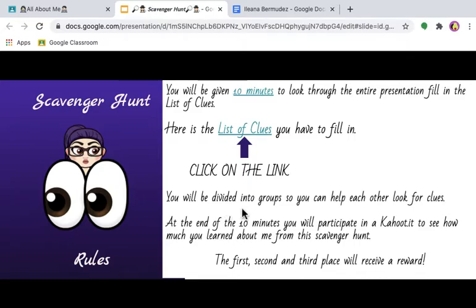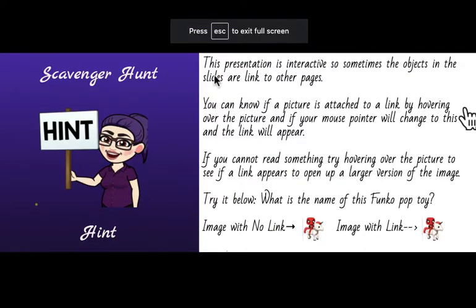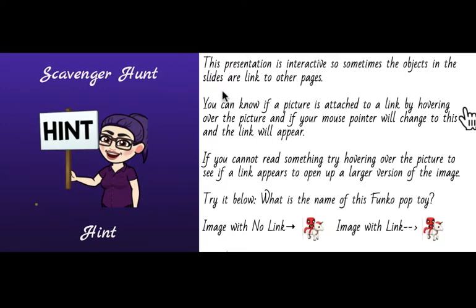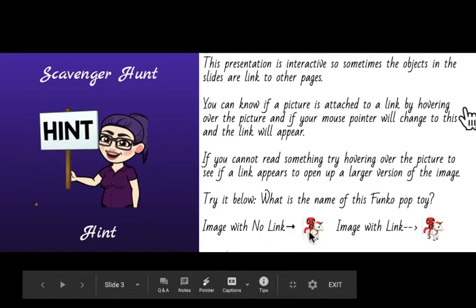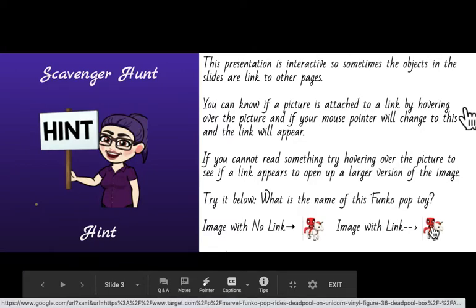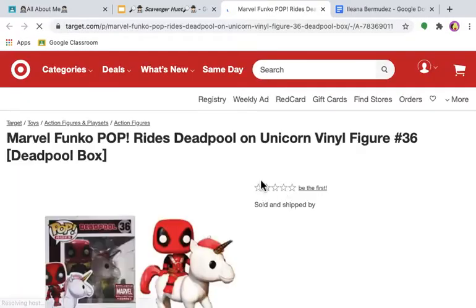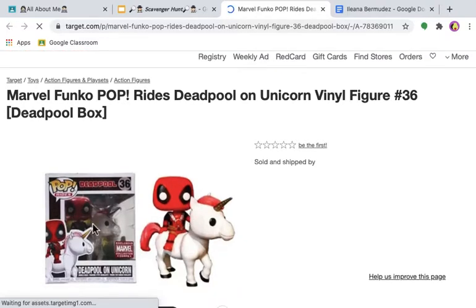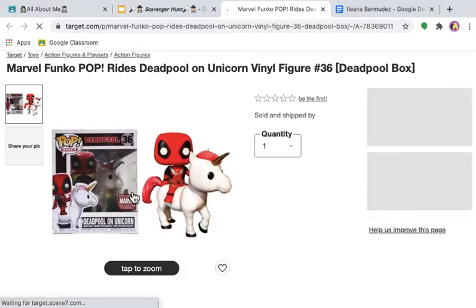So let's continue reading. This presentation is interactive, so sometimes the objects in the slides are linked to other pages. You can know if a picture is attached to a link by hovering over it, and this icon will appear, which kind of looks like a glove. So here there is no link, but here there is a link, okay? So you click here, and it takes you to the marble